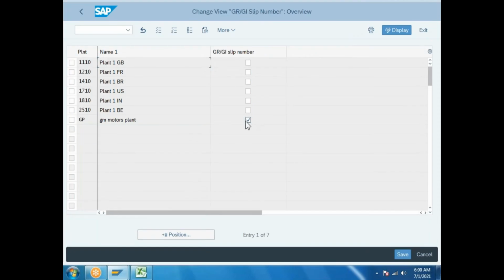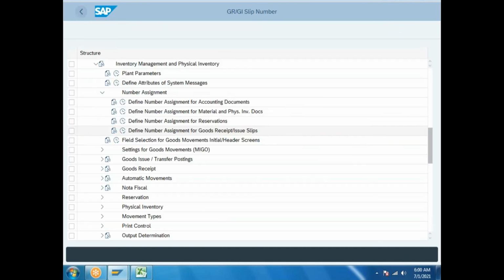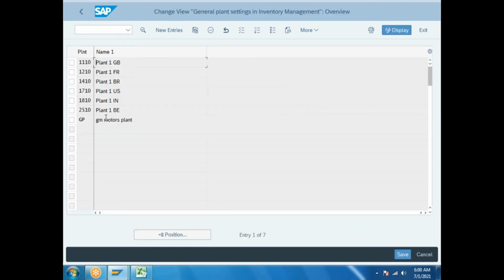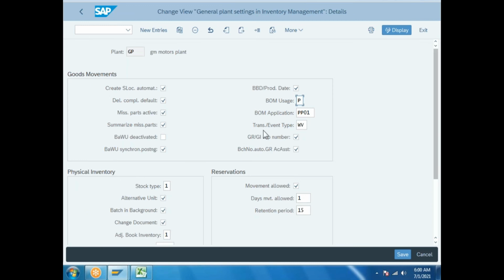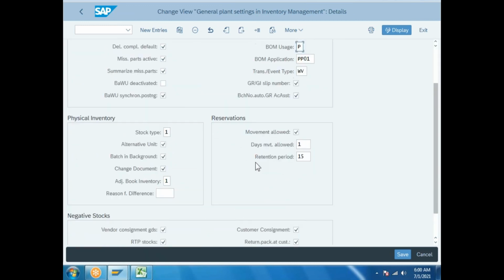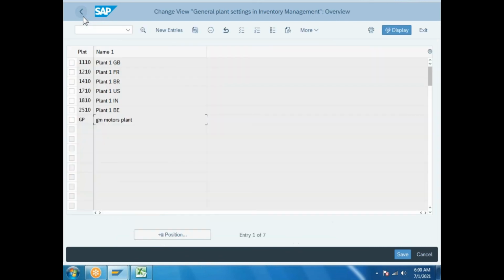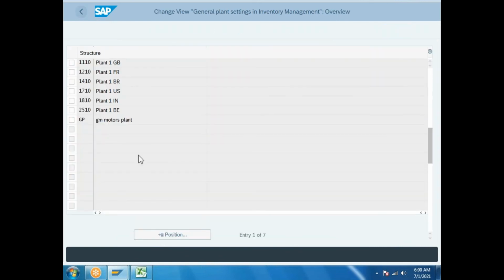Goods receipt is activated automatically and will come here. Okay, right? So automatically it will come here in this place.